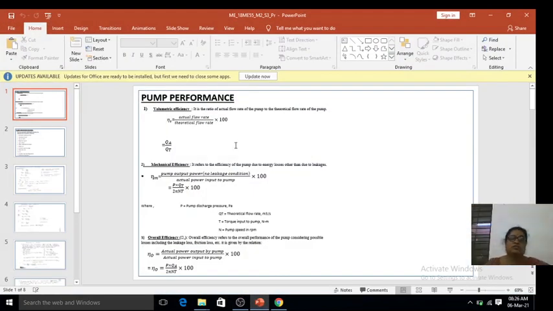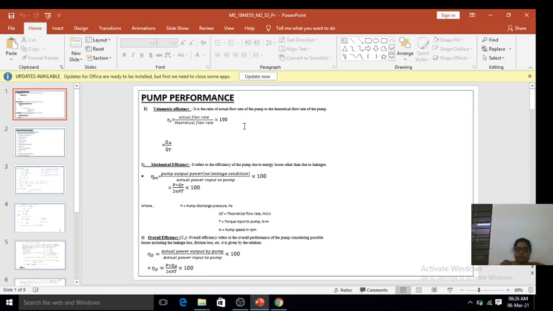Welcome to the third session of Module 2, Pumps and Actuators. In this, I've already explained in the previous session the definition of a pump, types of pumps, and the classification of pumps, that is external, internal, gear pumps, vane pumps, fixed displacement pumps, etc. In this class, let's go for the performance characteristics of a pump.